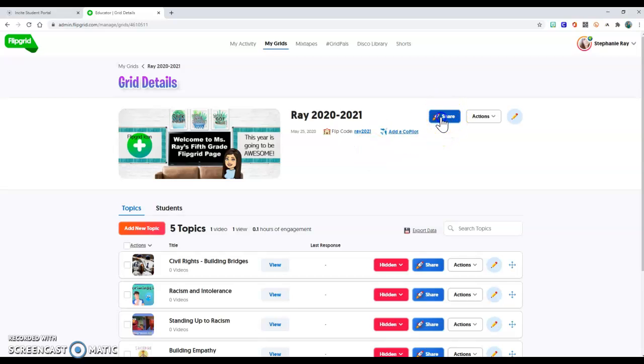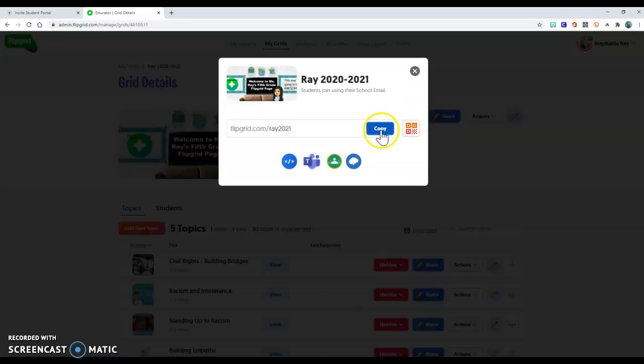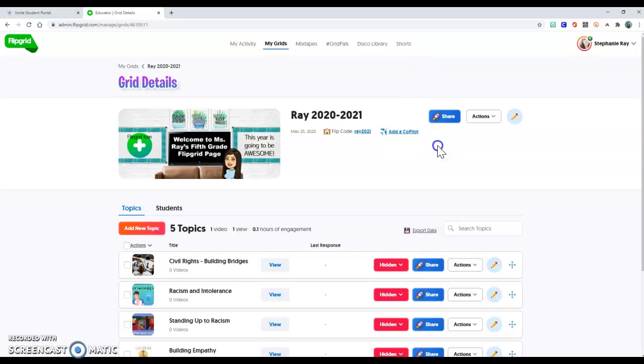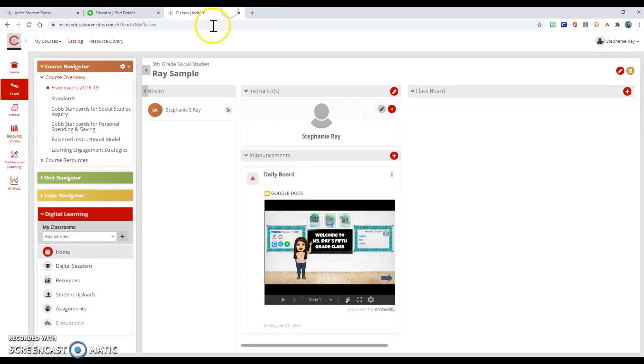You're gonna click share and then copy the code or this address here. And all you gotta do is just click copy. Then you're gonna go to your